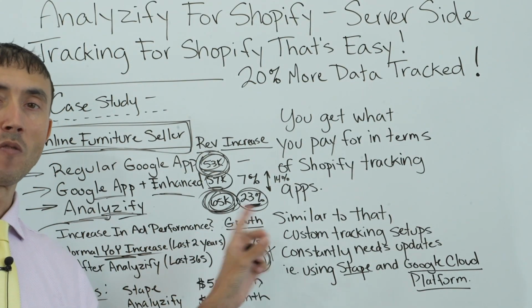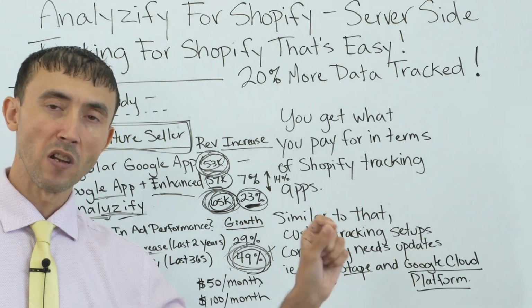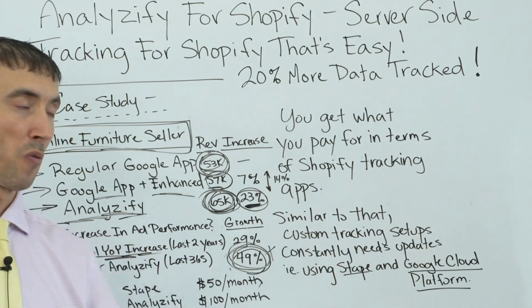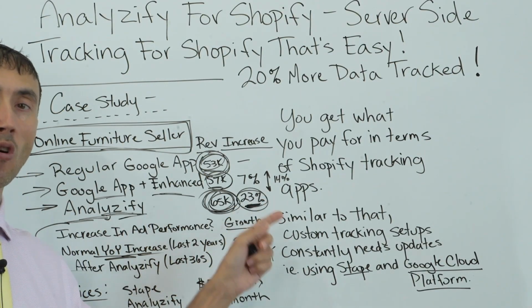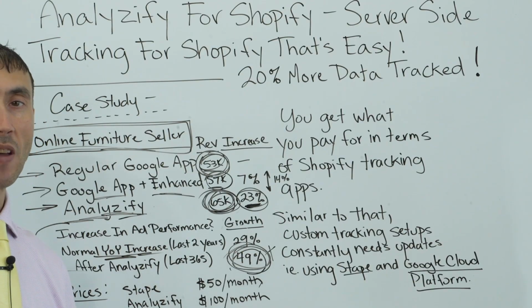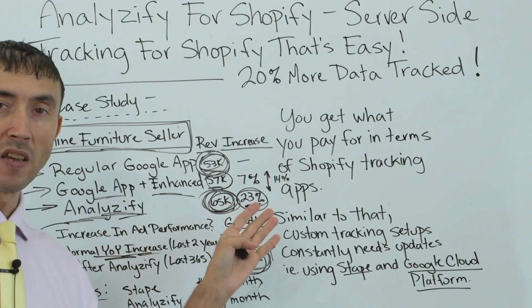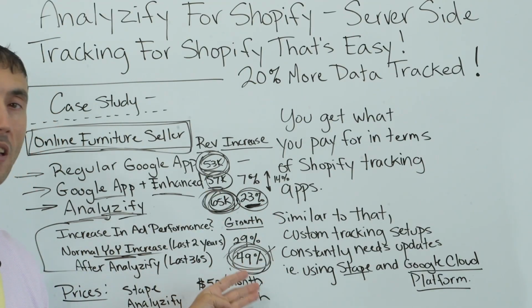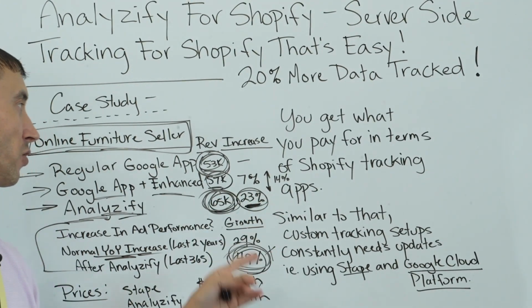Given that our year-over-year increase is normally from the little bit of things that we do year-over-year anyway, in terms of new keywords and so forth, the premium we got on top of the normal year-over-year growth, in my mind, 80% of it has to be just from Analyzify. How much more money will Analyzify make you? It can literally take your growth rate and give you a 50 to 100% increase just by getting an extra 23%